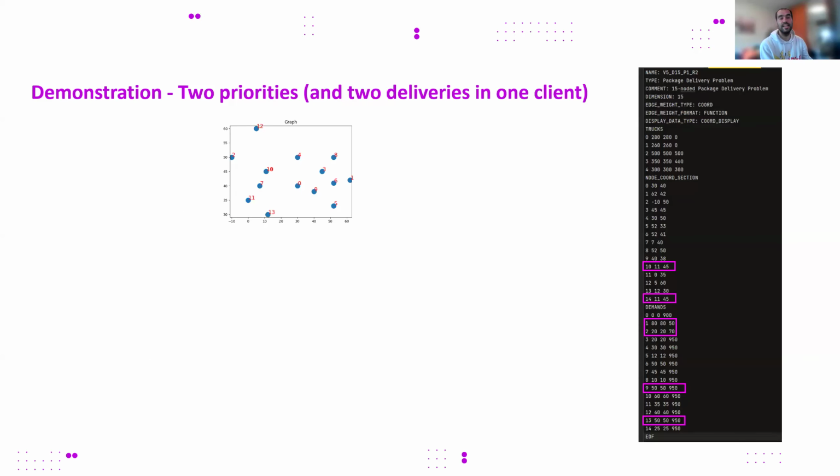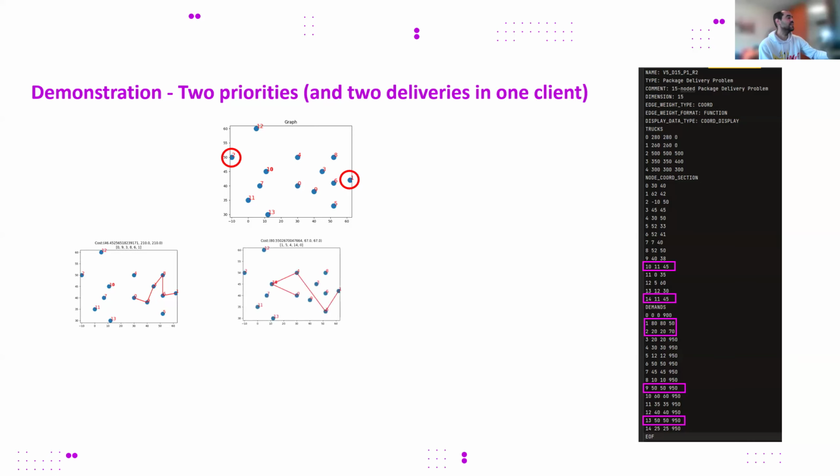For example, we have here an instance composed of 14 clients. We have, in this case, two top priority clients, the two that we cannot visit in the same route because of time restrictions. First, the solver builds a top priority subroute, then returns to the depot subroute,